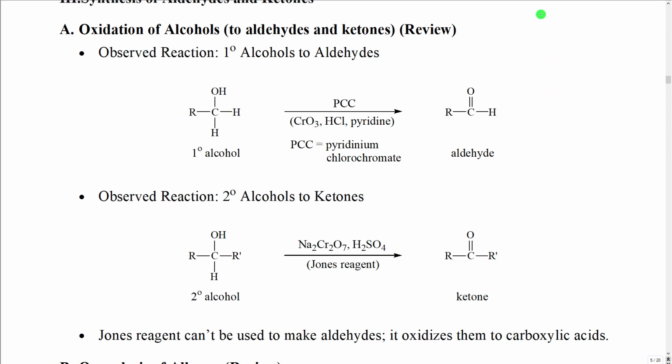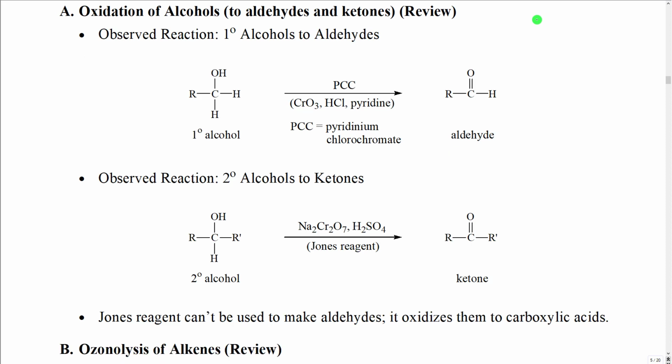Now we're going to look at them from the point of view of using them to make the types of products that we would like. There's two observed reactions that we need to learn. The first one is a reaction that oxidizes primary alcohols up to aldehydes. We have to use a primary alcohol to make an aldehyde because a primary alcohol will be at the end of a carbon chain and an aldehyde will be at the end of a carbon chain. To do this, we use this reagent right here,